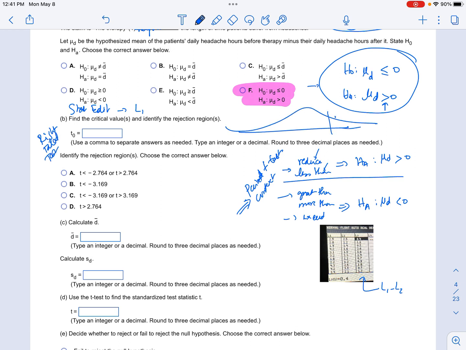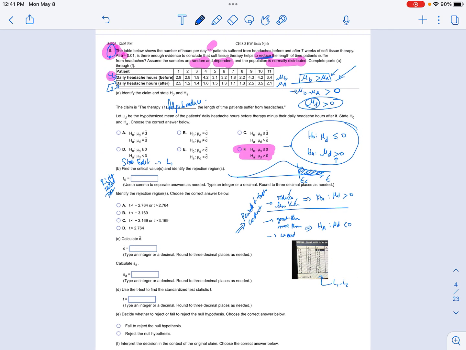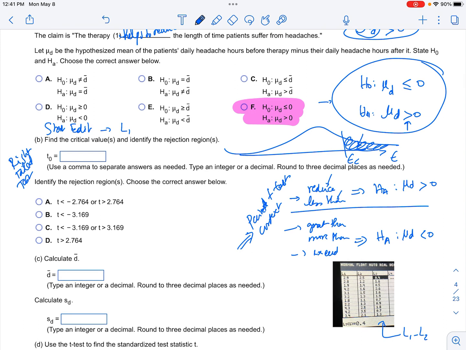So the rejection region is on the right. My alpha is 0.01. So this guy is 0.01. Okay, so it's inverse T. This entire side here is 1 minus 0.01. This is 0.99. Remember, we enter the area to the left, 0.99, and then we enter the degree of